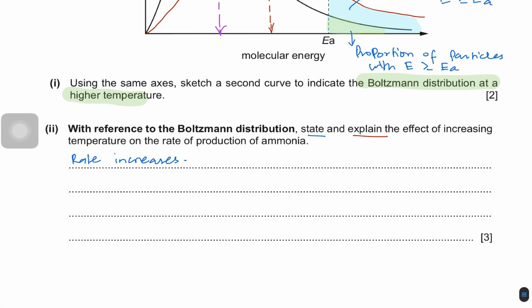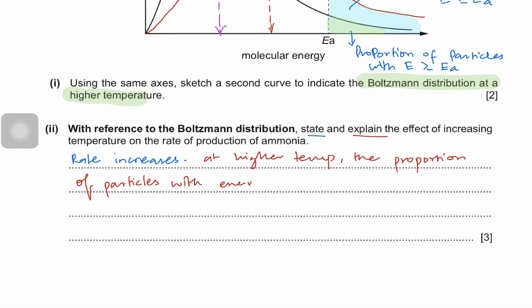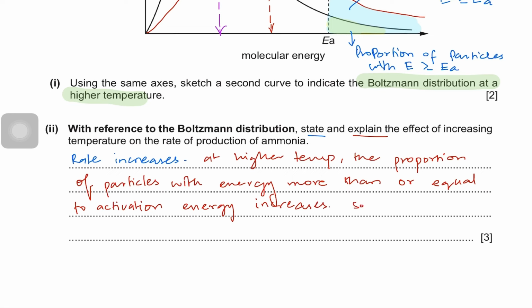So you will say at higher temperature, the proportion of particles with energy more than or equal to activation energy increases. Now more particles qualify for the reaction. So more particles collide successfully